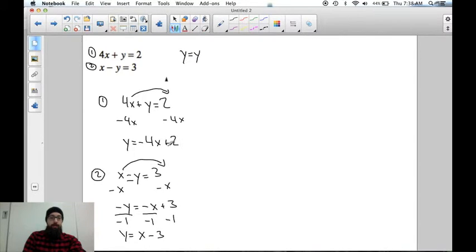Now that I have my two equations here and here, I can go and solve the system. So like we said, make y equal to y. So I can have negative 4x plus 2 equals x minus 3. And now I can start solving the system. So if I have negative 4x here and I want to bring it over to the other side, I add 4x on both sides,